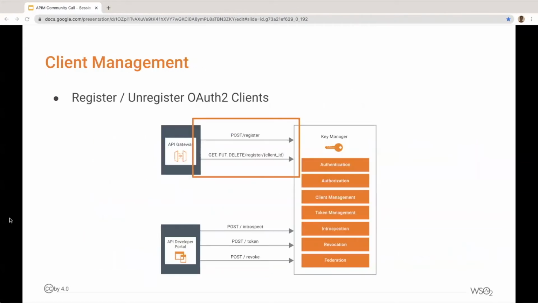Client management is another operation carried out by the key manager. By the name of it, this refers to the task of managing OAuth2 clients or applications. You are given the capability to register, unregister, list, or update the OAuth2 client information through the key manager. The developer portal provides an interface that can be used to easily perform these tasks. You can see from this diagram how the gateway uses client registration APIs to talk to key manager and perform